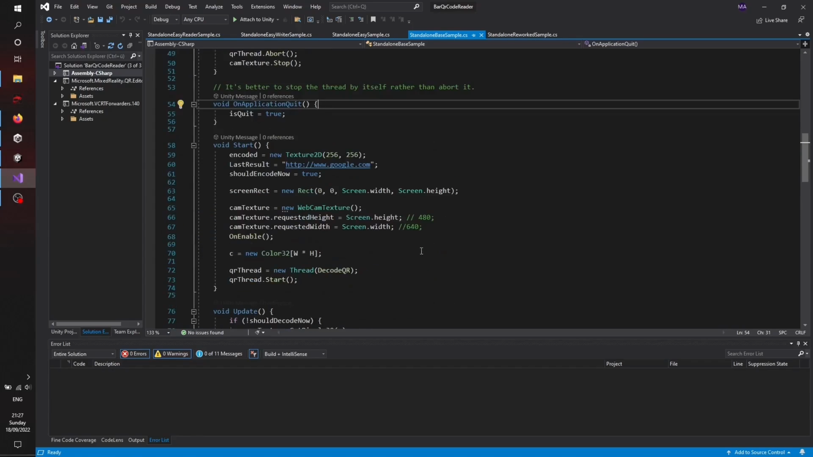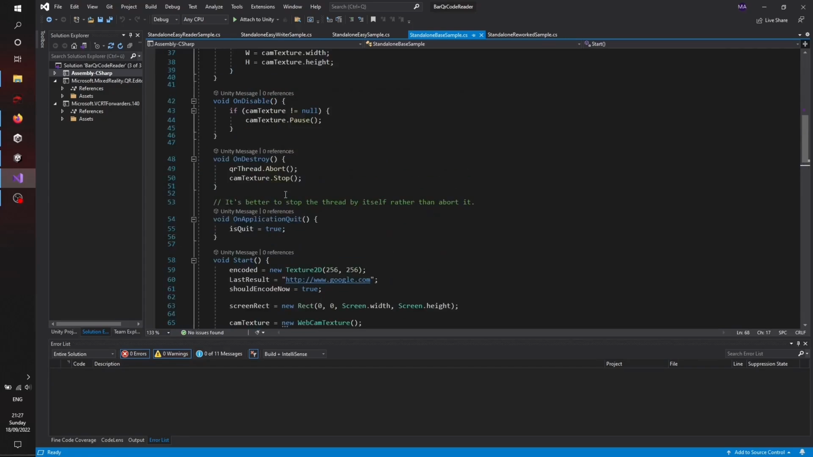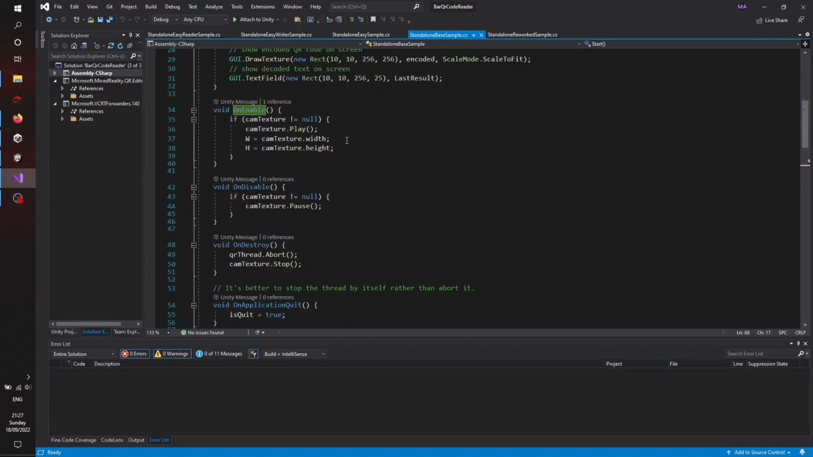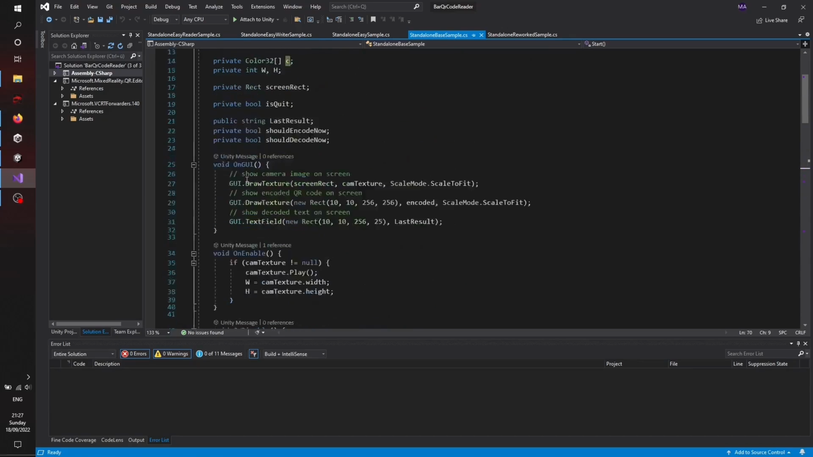We set the isQuit flag for the thread. Everything is the same here. We're creating a texture, checking for encoding, the screen rect for displaying it on the screen, the CamTexture we call on enable here for playing. I moved it to a separate method, and after defining our color array, which is called C here,